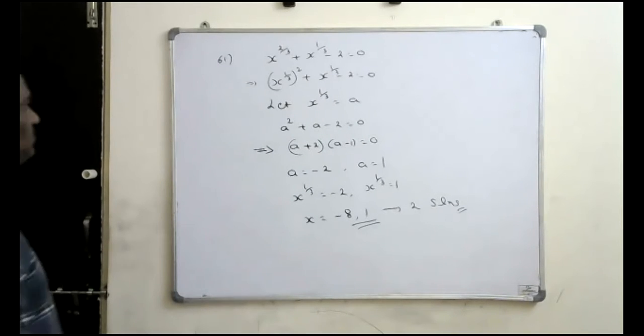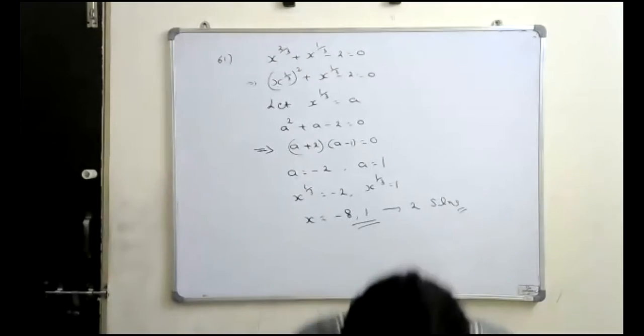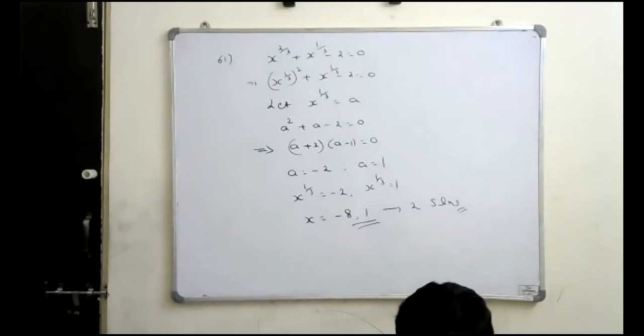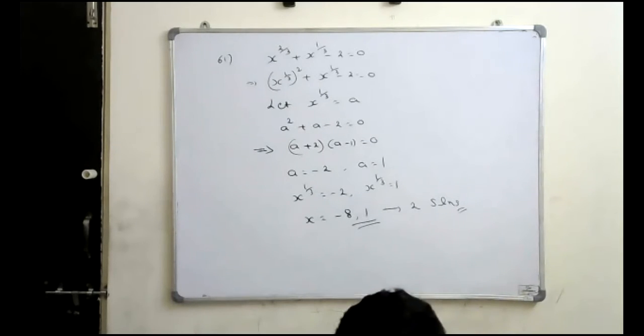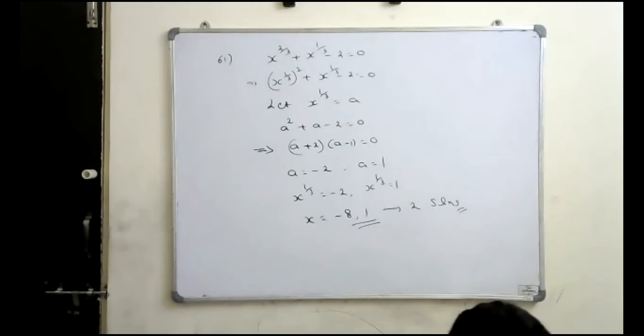Completed, sir. Next, look at the next problem. Done, sir. Sir, when can this question have more than 2 solutions? That depends. It means they're not asking only about the real solutions, they're asking about all the solutions. Sometimes some imaginary or complex solutions may also be possible. Not in this problem, but in this type of problems they can be. Okay, sir.